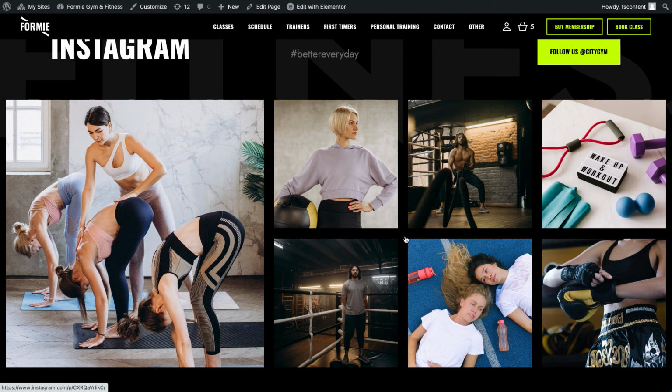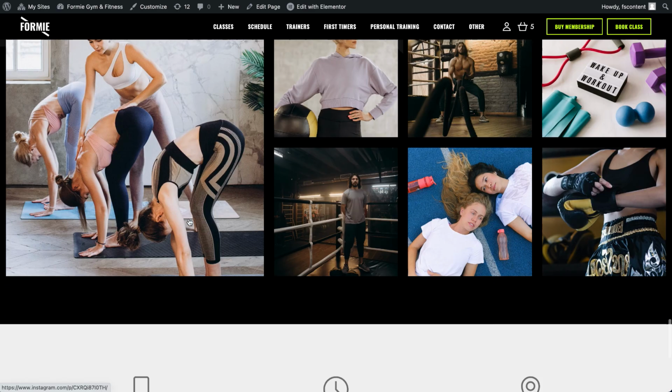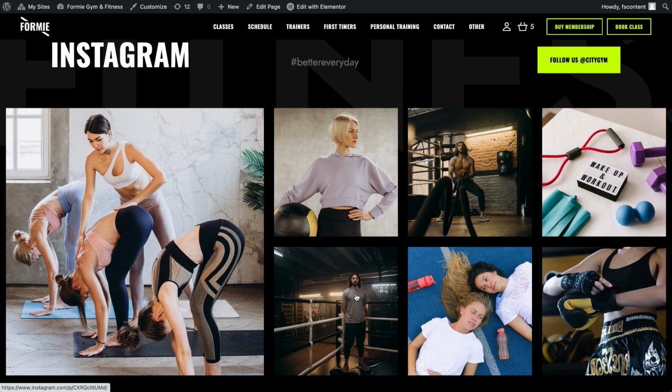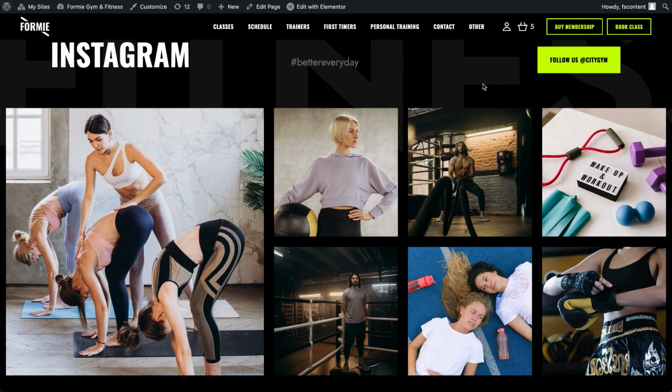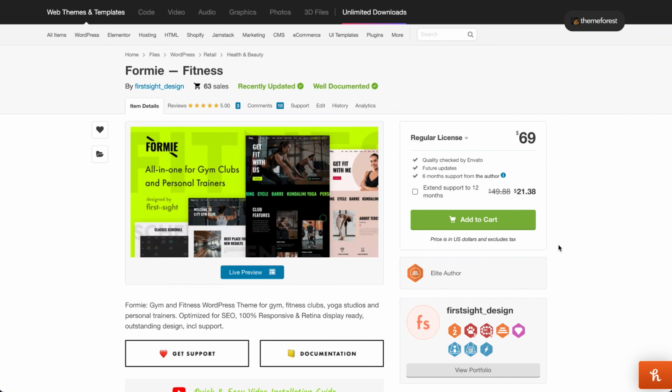So simply attach your account, update the shortcode on the page in Elementor Page Builder, and disable all elements you do not need, like the header and load more button, and save changes and make sure that custom templates are enabled in the plugin settings. That's it. Each theme that is being sold on ThemeForest has its details page with a detailed description, what's included,